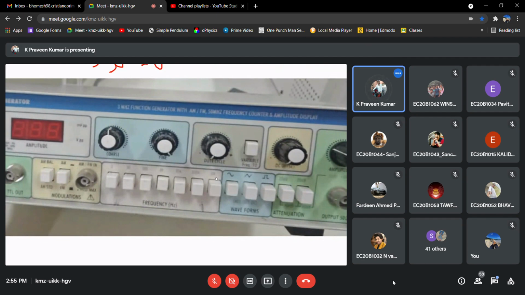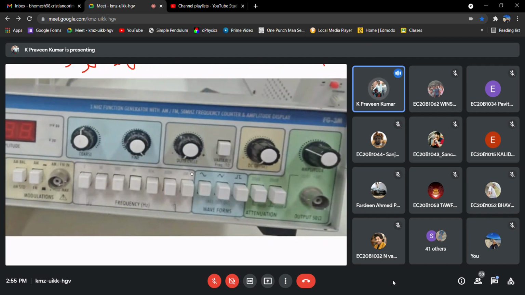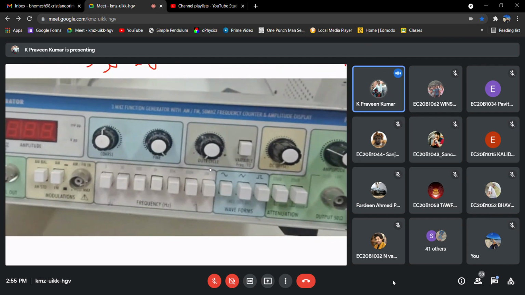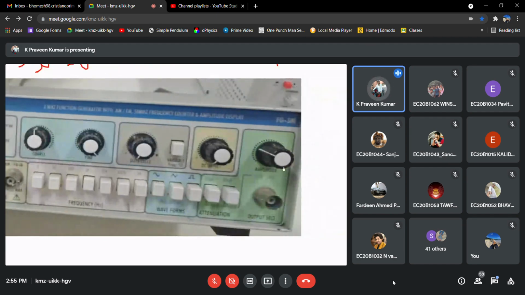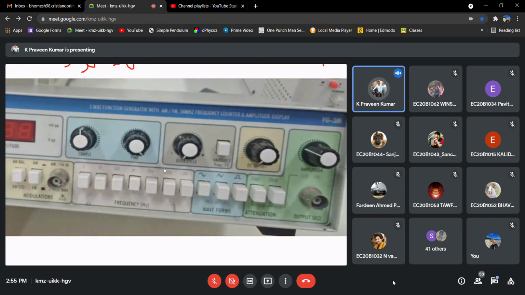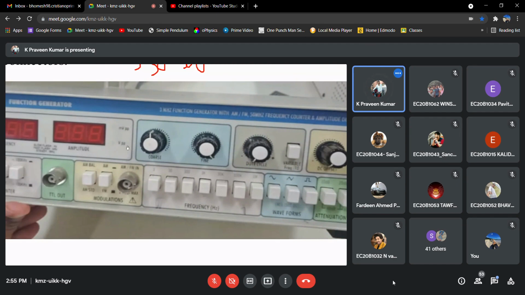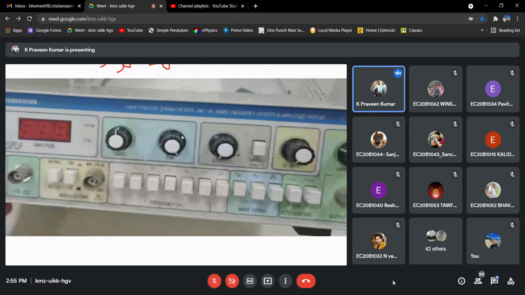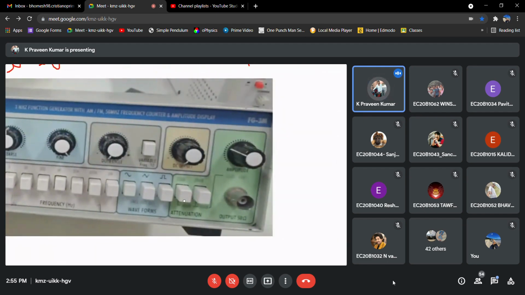And one more thing I want to focus on is, see, if you vary this amplitude, this is showing in volts. And if you see this above, it is mentioned like millivolt. How can you get millivolt? That's the question there. So for that, if you can see here, attenuation. Are you able to see this one?